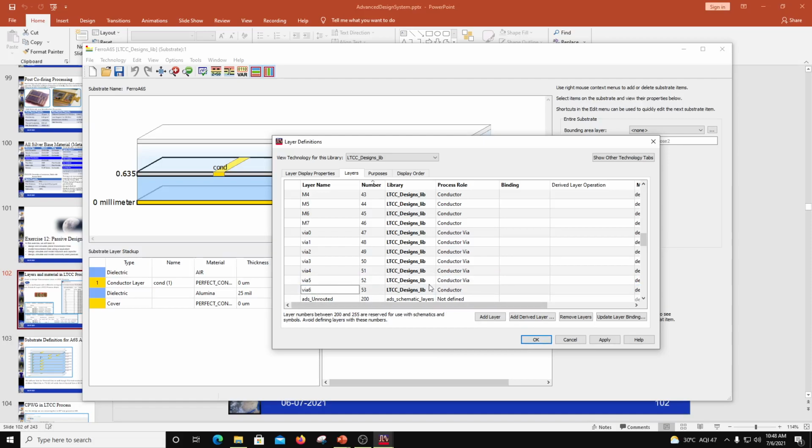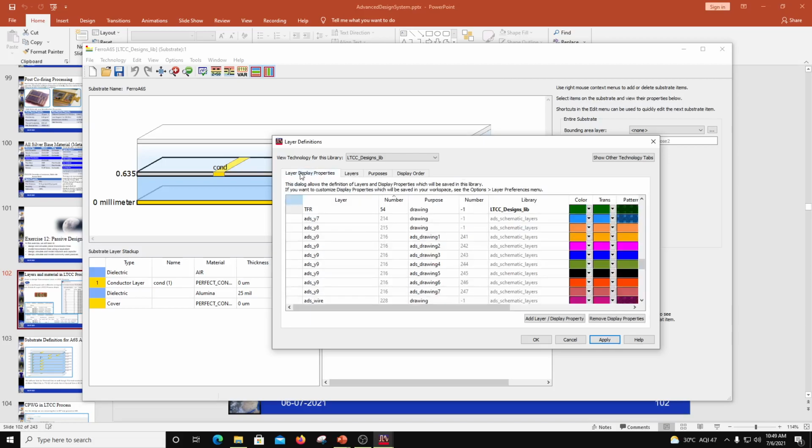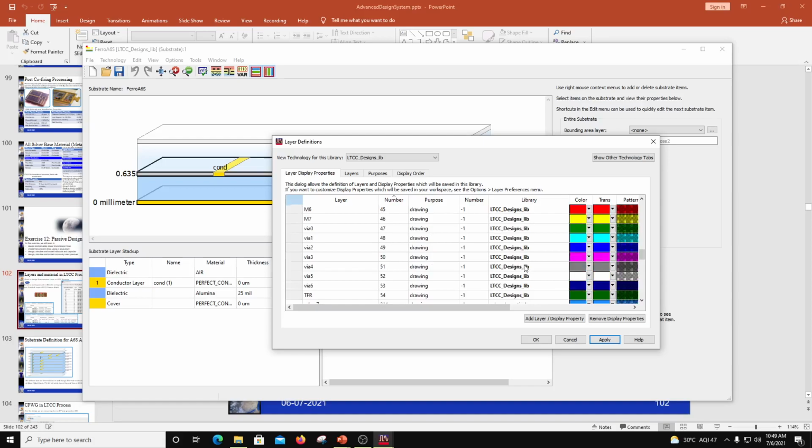Okay, so that's also a conductor via. Now I'm going to add one more layer, which I will call TFR, and this is a conductor layer. So I'm done with all the layers. Now if I go from this tab, layers, to layer display properties, I can choose the color for